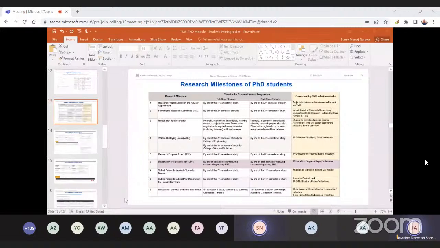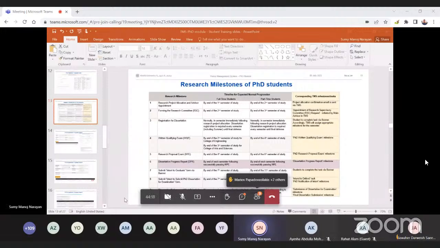Okay, so the dissertation progress milestone has always been in the catalog for at least two years. Since the time the graduate catalog was put together, this was always mentioned as a milestone that students have to achieve following the RPE examination. Again, I can only talk about the future now. From here onwards, all students who have successfully completed the RPE examination will be required to do the dissertation progress report and presentation milestone, in which they have to not only submit the report,